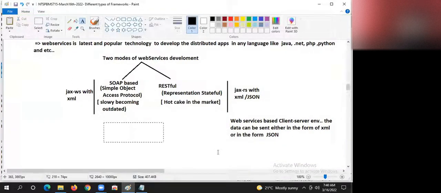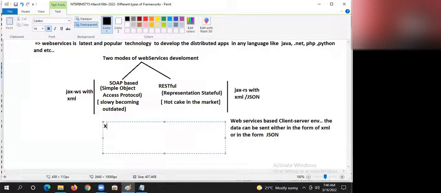Okay, guys. What is XML, guys? In web services, an object won't go directly. It will go either in the form of XML or in the form of JSON.